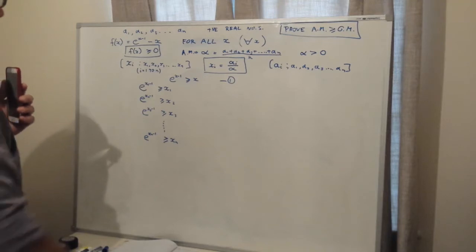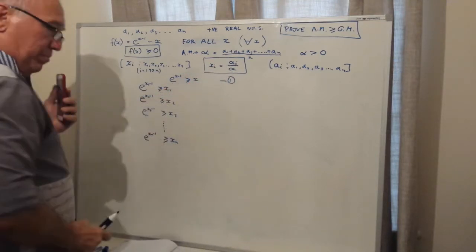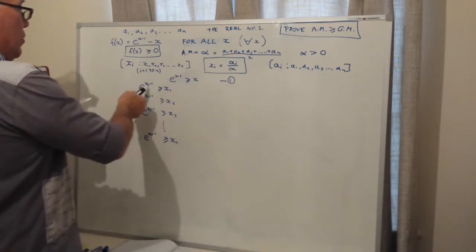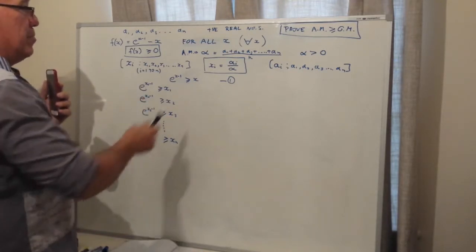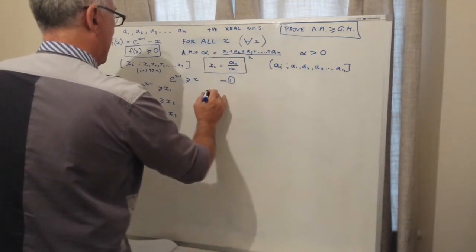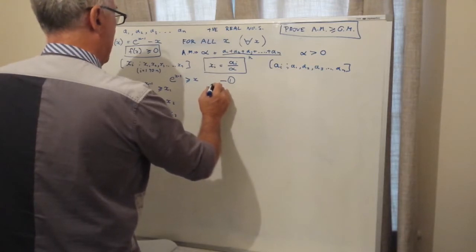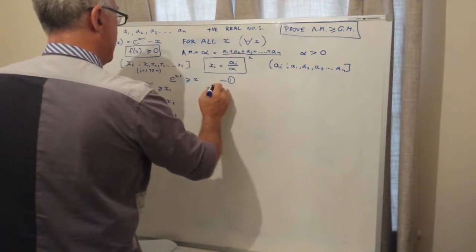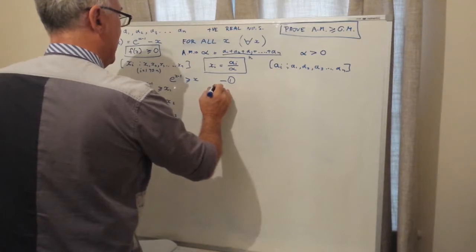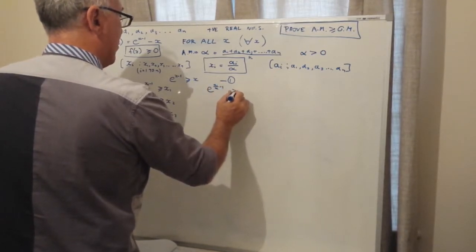All right, but we know that xi is equal to ai over alpha. So that means that x1 is going to be a1 over alpha. So we'll rewrite this now, substituting all of that in. So we have another group of equations over here. This will be e to the a1 over alpha minus 1 is greater than or equal to